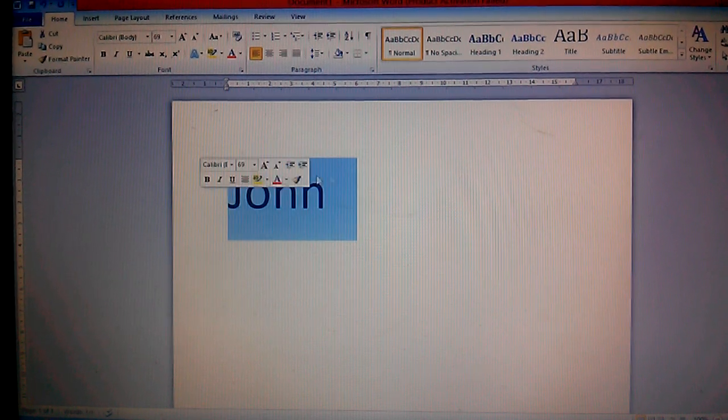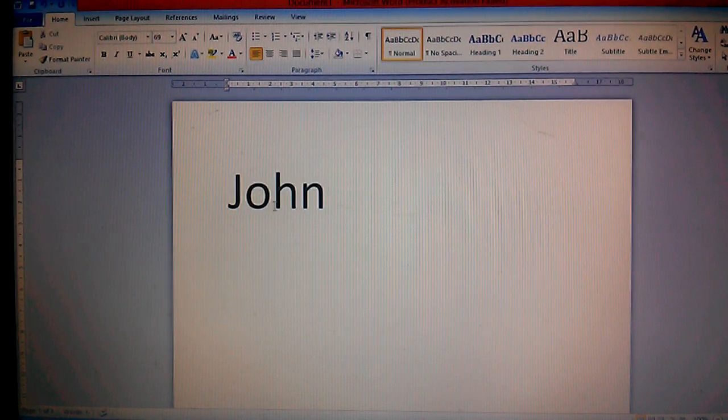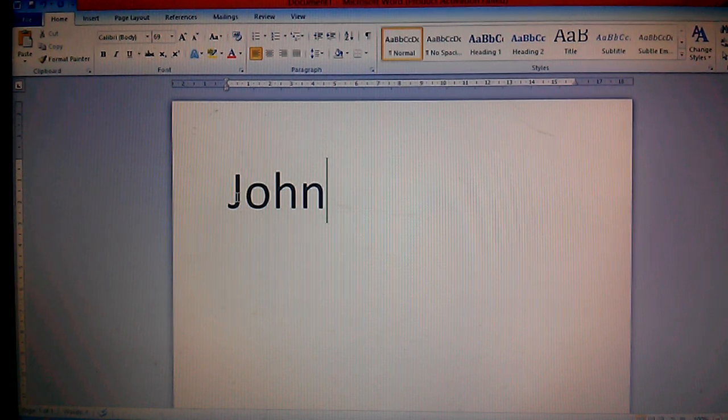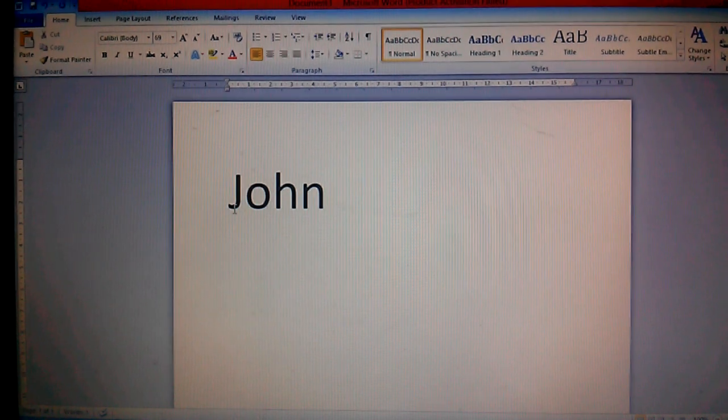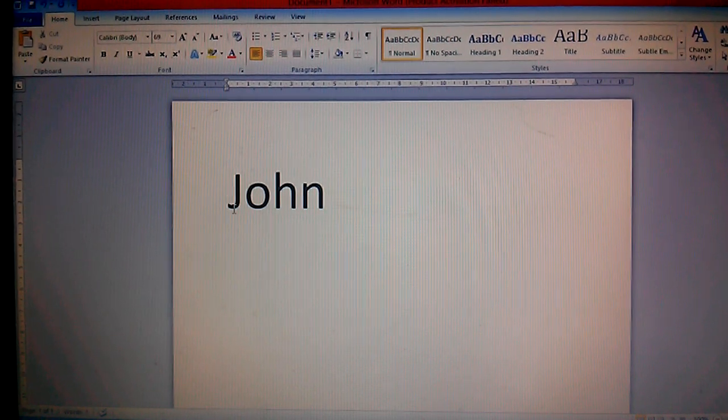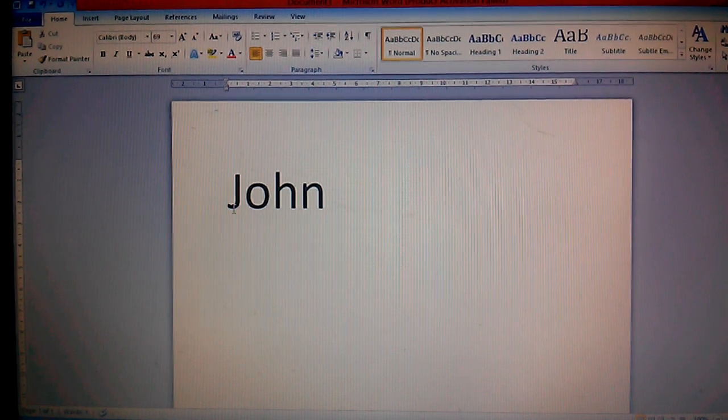To highlight all, stand on the angle and click to highlight the entire row, or you can highlight one letter. To highlight it, you press your shift key. You take your cursor or your pointer, you can call it cursor, call it pointer, to the beginning of the word. Then press your shift key and your arrow. So you can see my pointer is at the left before J. Now press your right arrow key to highlight